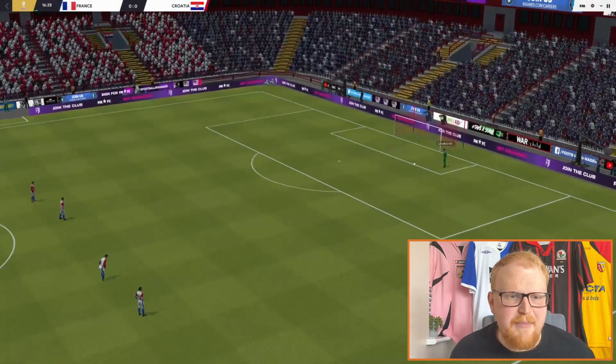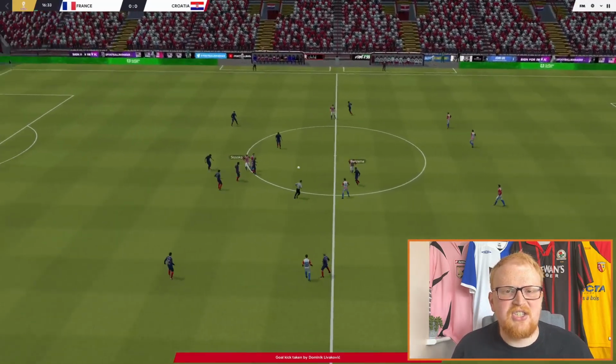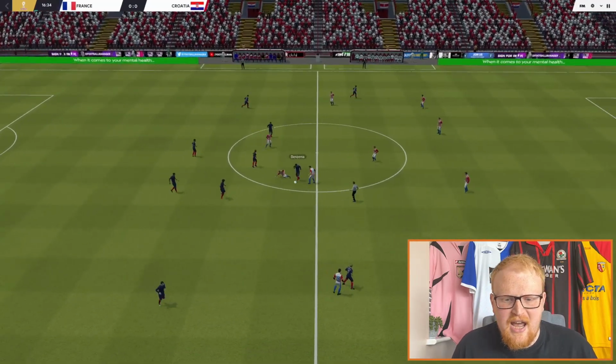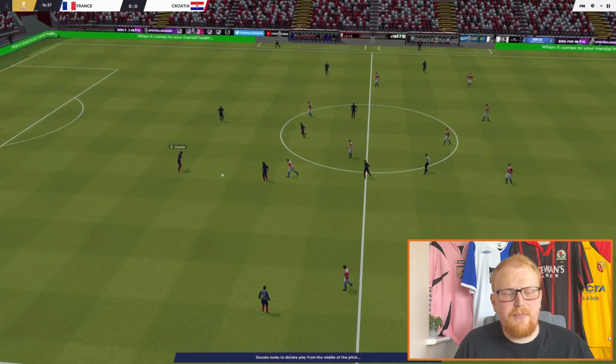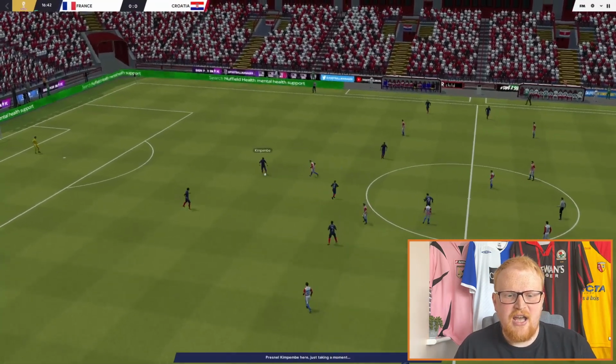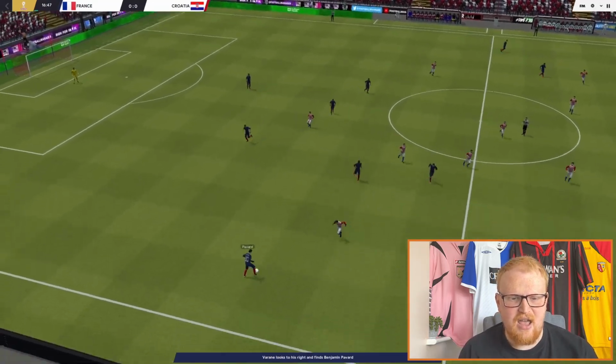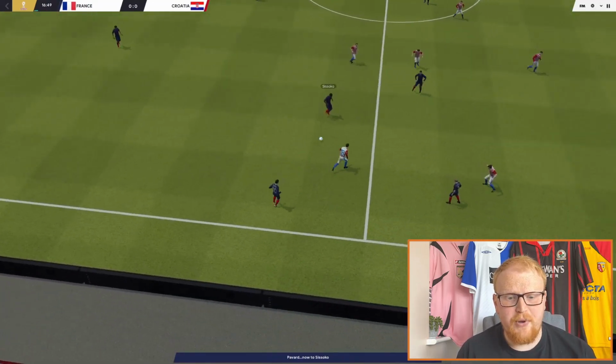Finally, the World Cup final. For the first time in 30 years, we have this situation in the World Cup final. It's the same 2 participants as the last World Cup. France beat Croatia 4-2 in the 2018 final. Will they be able to do it again? Will they be able to repeat their World Cup victory performance?